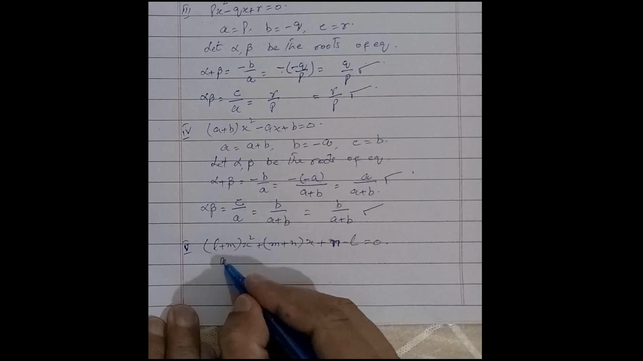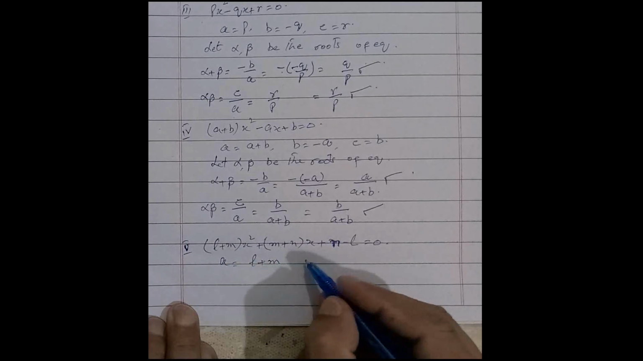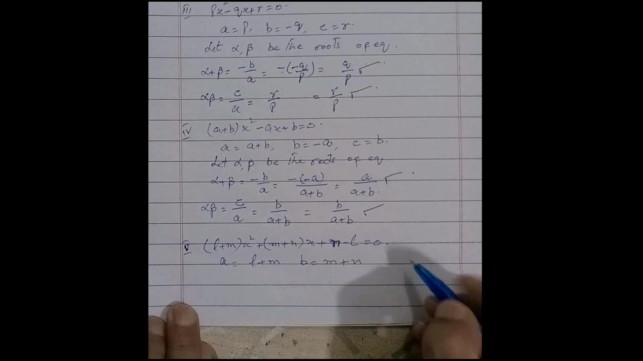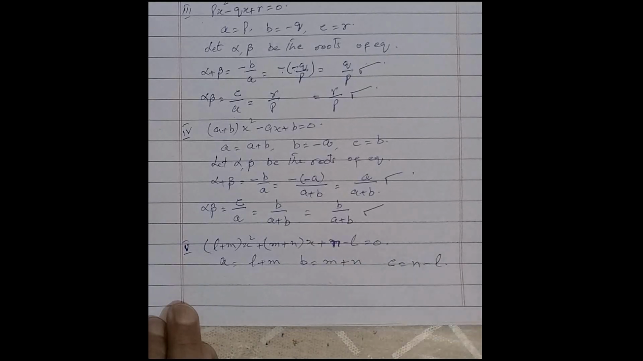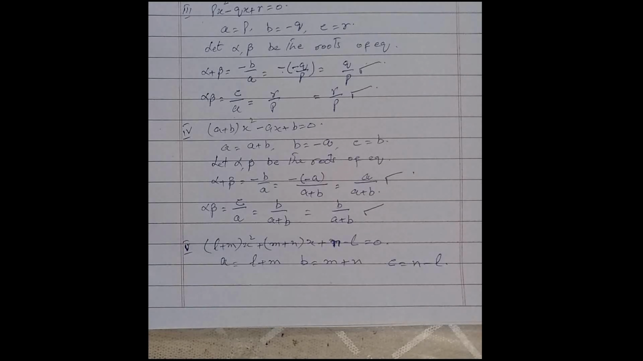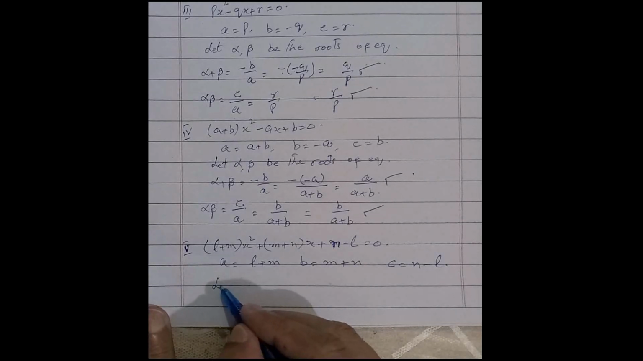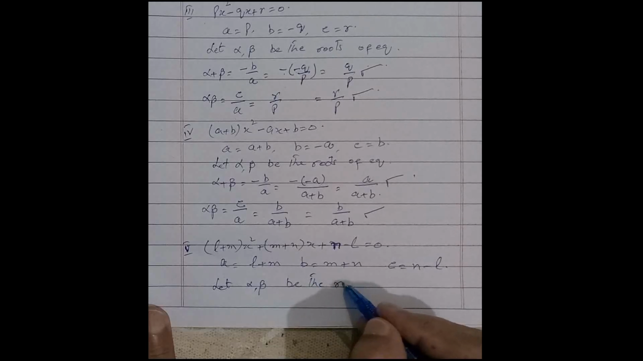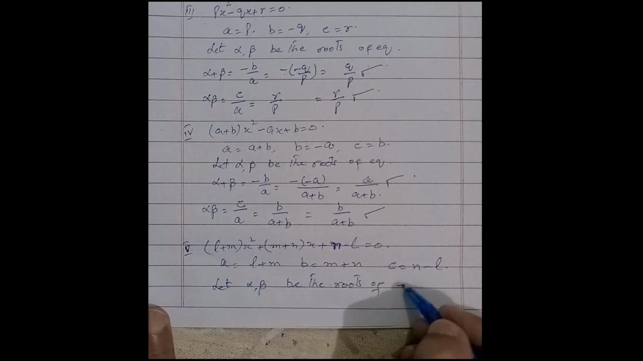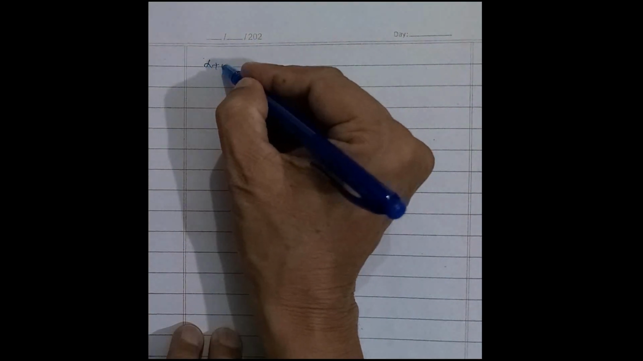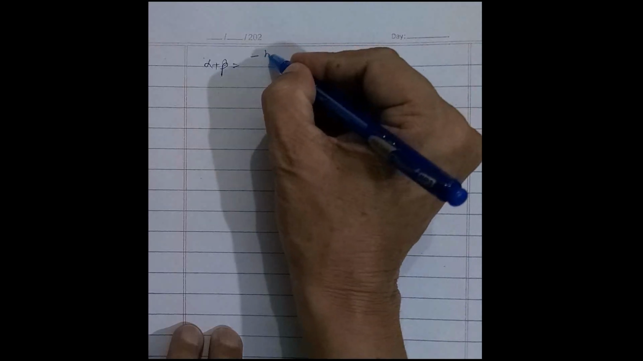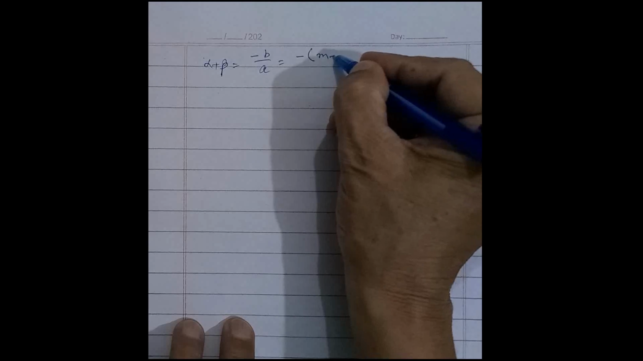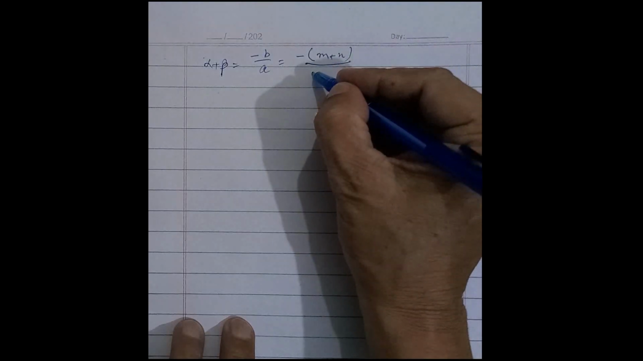In this question, a is equal to L plus M, b is equal to M plus N, and c is equal to N minus L. So we first find the roots of the equation. Let alpha and beta be the roots of the equation. The sum alpha plus beta is equal to minus b over a. Now we put the values of a and b, we get minus b over a is equal to L plus N,